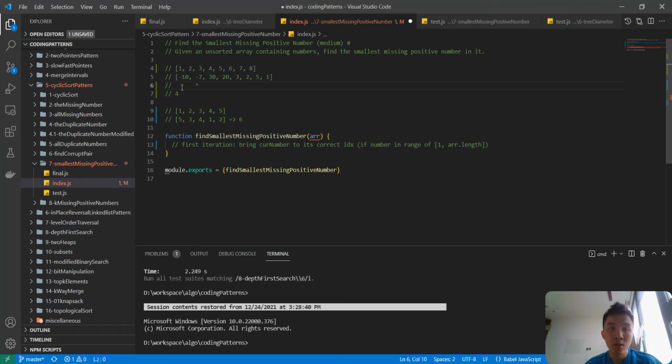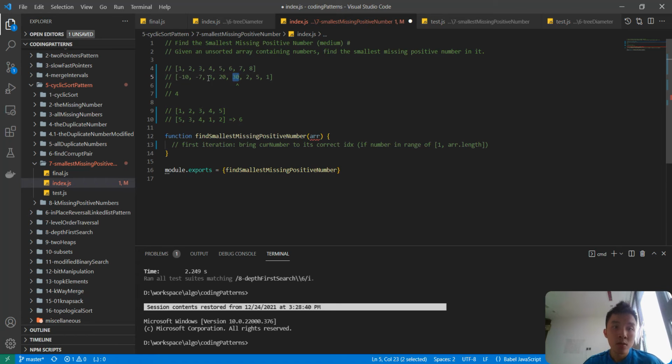We just move to the next one. -7 is the same. It is on the left of this sorted array. Same here, 30 is on the right, 20 is on the right. 3, you can see 3 should be here. 1, 2, 3, 3 should be here. So I move 3 here and